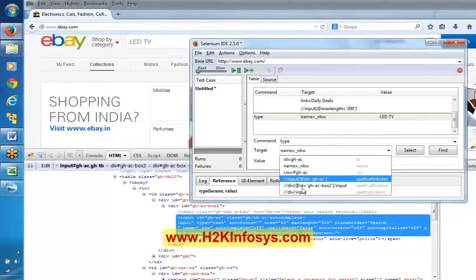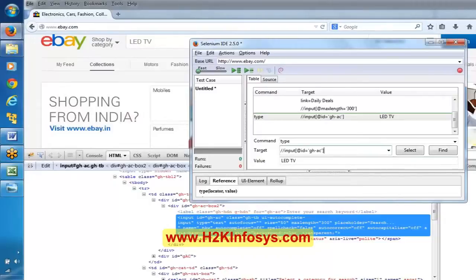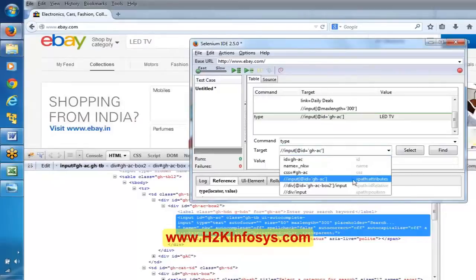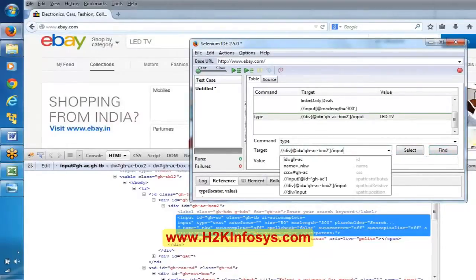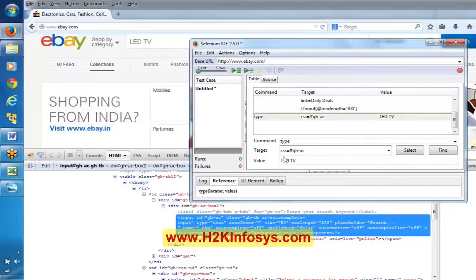And here it is building three XPaths. This is one XPath, and here it is able to identify that particular text box. Here again it is able to identify. And even if you observe here, there is a CSS. Can you all observe here CSS? This is a CSS locator. Still it is able to recognize. Now we are able to recognize this particular text box using these many locators.